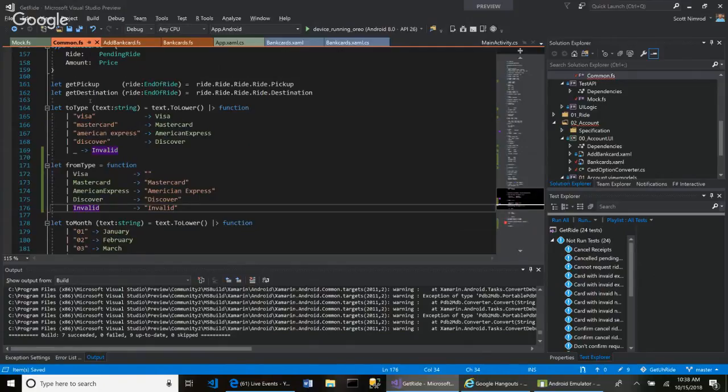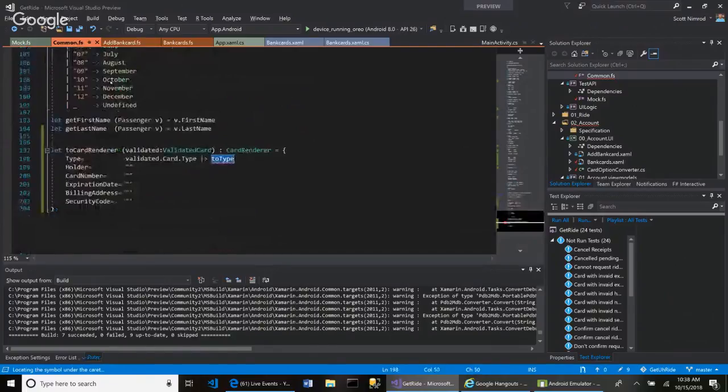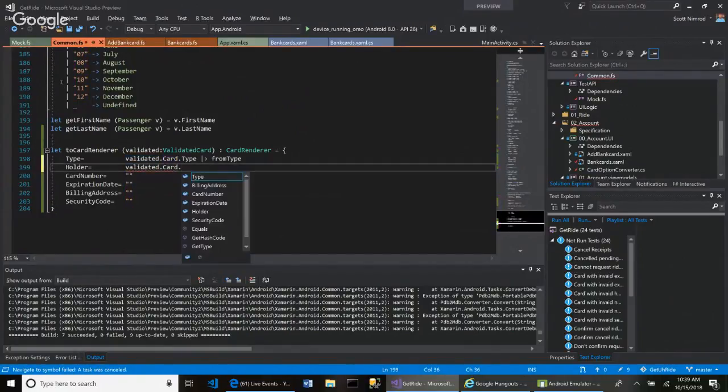Okay. Now what? Up here, supposed to say Visa, right? So that's from type, which is right here. So down here, we can say that our validated.card.type, we'll map that into from type. Okay. The holder is a string. So we say validate. All this is going to be validated card. Okay. But over here, we can say validated card dot holder,